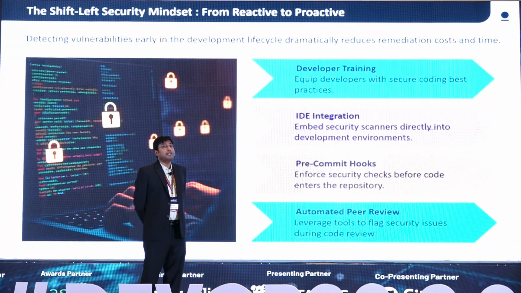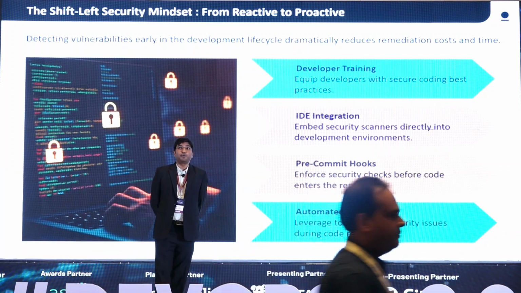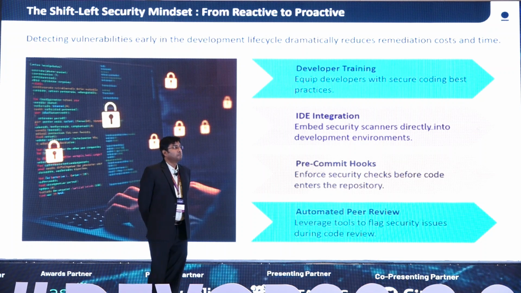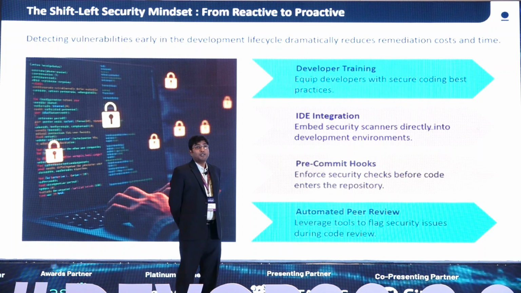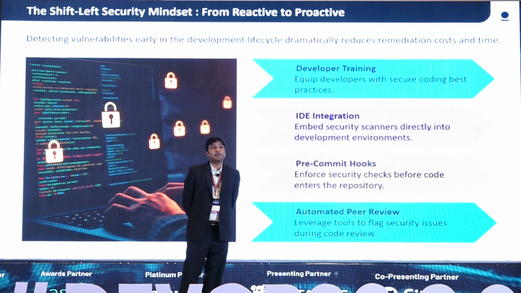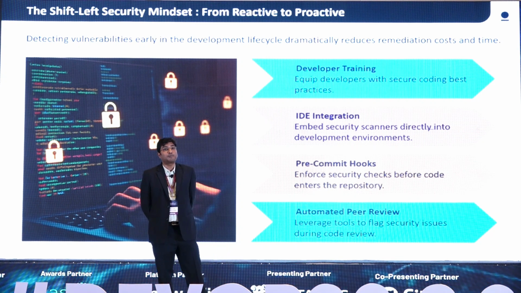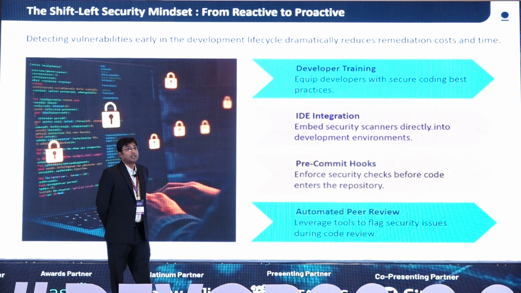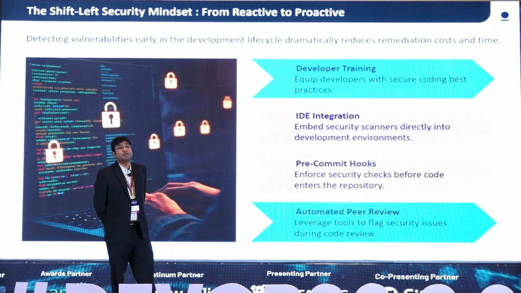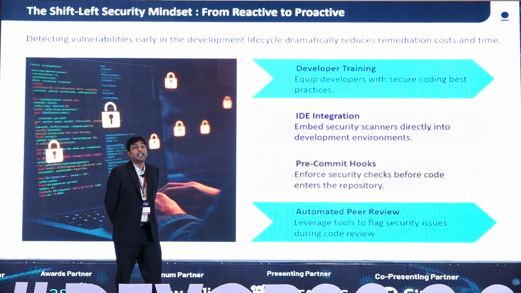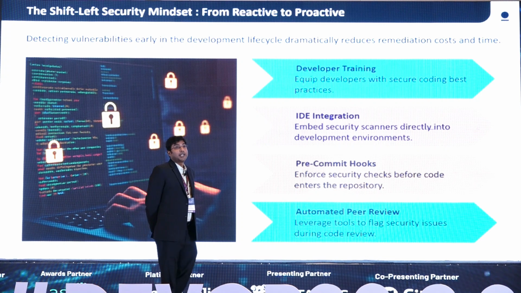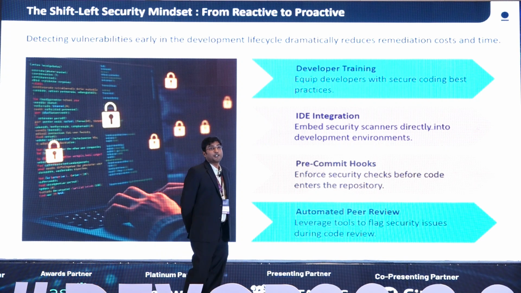Right, now what are the things we should do to shift security left in our development cycle? I think first and foremost, dev teams or developers should be equipped with proper tools and proper training, so that not only do they have the mindset, but they also have the proper skill set. What should they do if they come across issues while doing the development? So training is a must before we start saying that the mindset should be shifted.